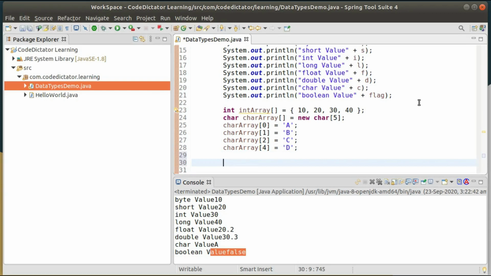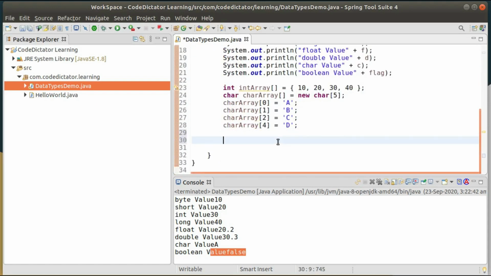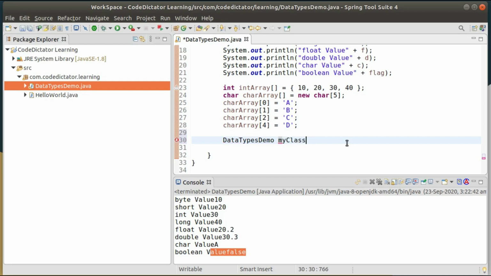And let's understand how to create an object of this class. Whatever the class name is, we can create our own object with the help of that class name, DataTypesDemo, with whatever object name you want to give. So myClass equal to new operator and the same class name, DataTypesDemo.